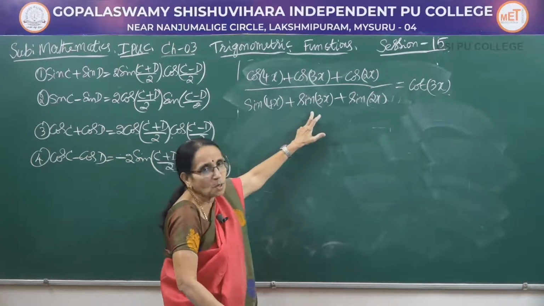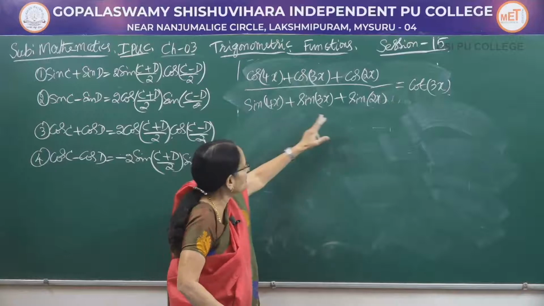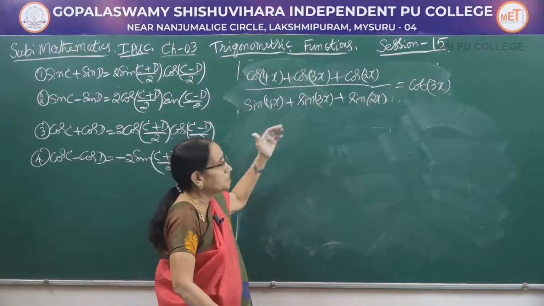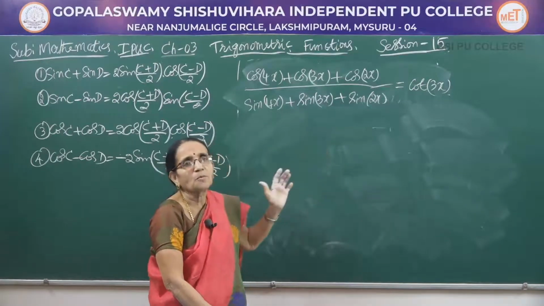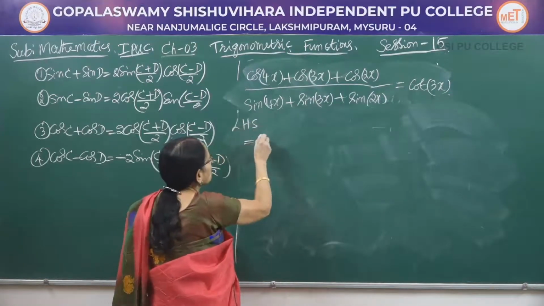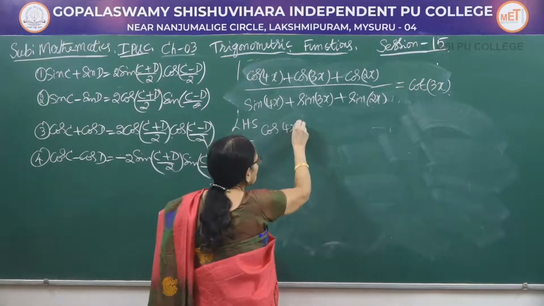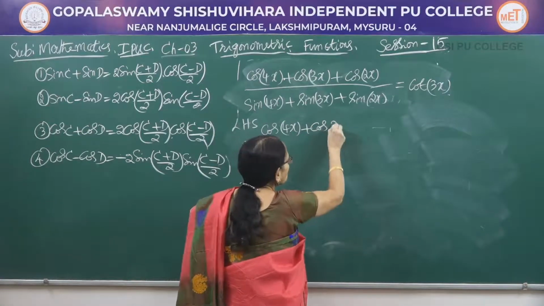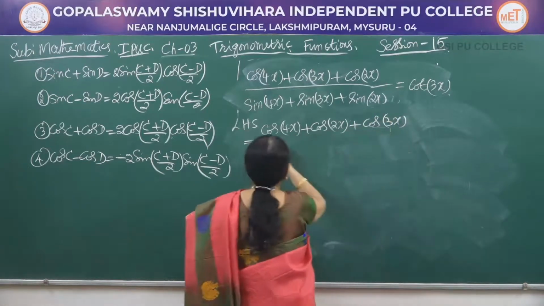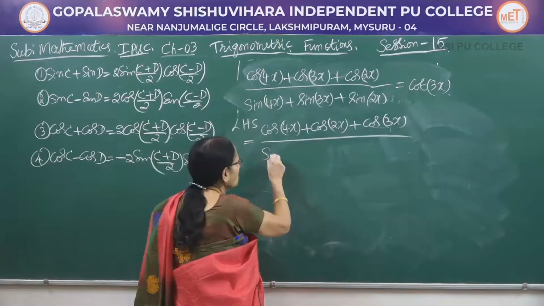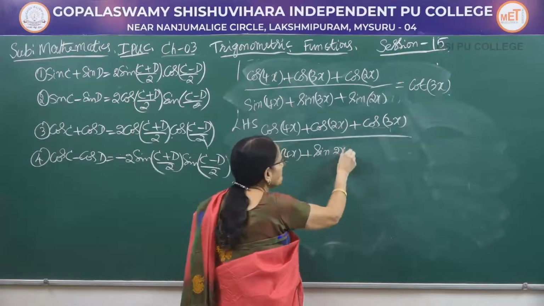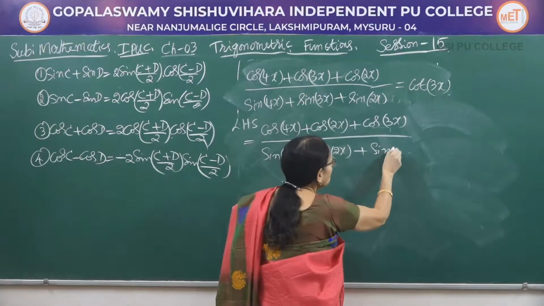Similarly, sin 3x we have to retain in the denominator. Combining these two, applying the first formula, again we will be getting sin 3x, which can be taken out as common factor. Ultimately, we get the right hand side. So we will rearrange the terms, then apply the formula. So let me write it as cos 4x plus cos of 2x. Write the other term separately, cos of 3x. Similarly, denominator also sin of 4x plus sin of 2x plus sin of 3x.